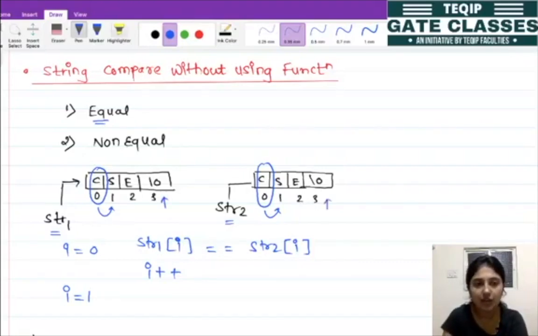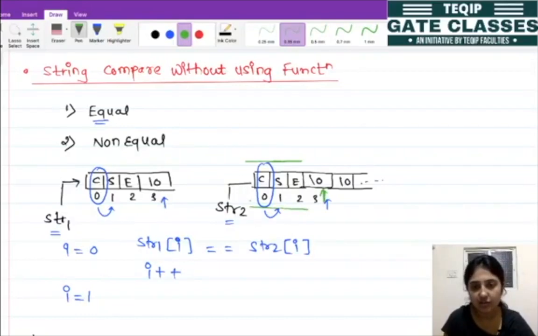As we know, after this null there may be multiple null characters. The actual string stored inside str2 is nothing but just what comes before this null character. That means the actual string is this much, right? This CSE is the actual string and we need to scan till this end point, this slash 0. So this is our null character. So we can increment this until we get the null character.